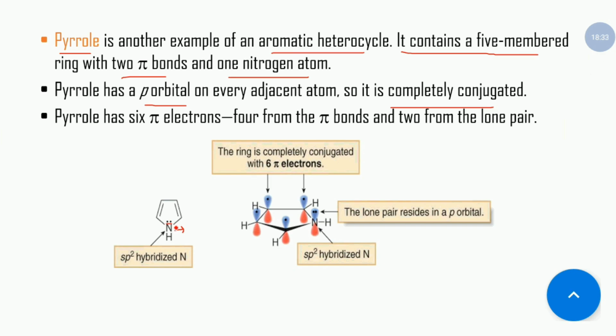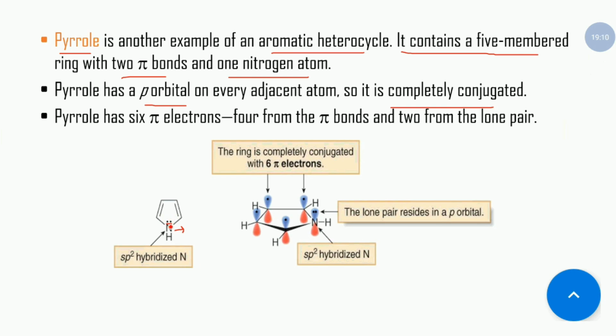So in case of pyrrole, this lone pair needs to be present in your conjugation, because you can see that in the previous one, in case of pyridine, the nitrogen was directly attached to the pi bond, or you can say directly attached to the double bond. But in case of pyrrole, it does not have any double bond or pi bond directly attached to it. So that's why this lone pair